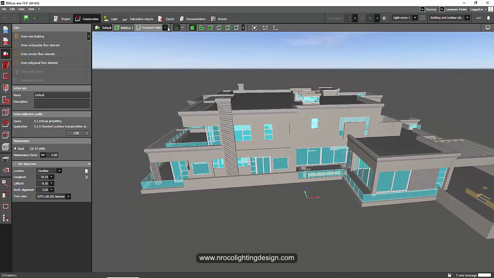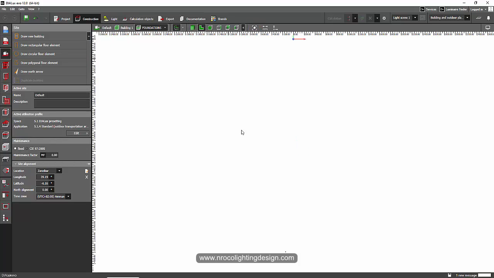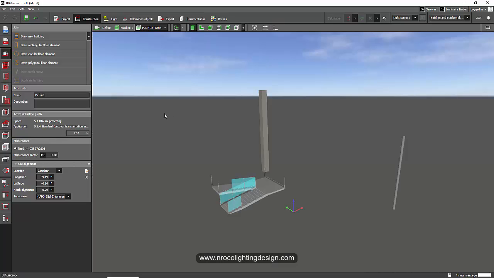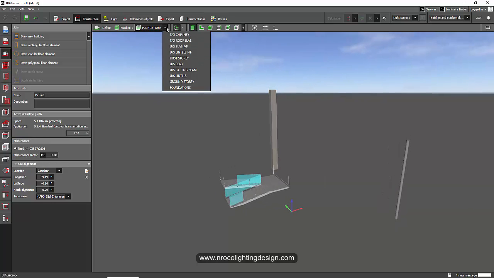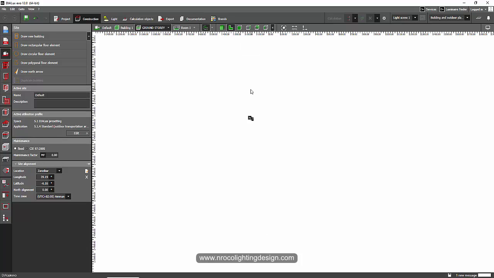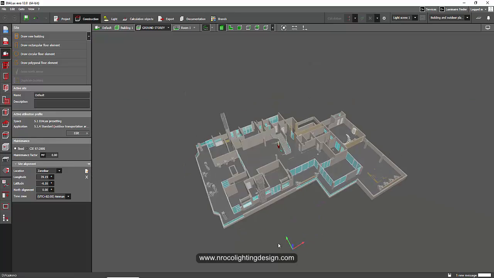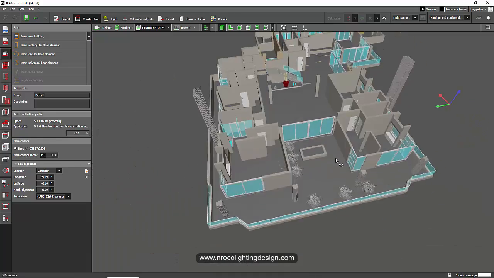So let's go and check the foundations. Okay, I think I need to put my base point again here. So this is the foundation. Okay. Next is the ground story. I need to change the origin again. Okay, this is the problem because you need to always update. Ah, look at that. So this is the